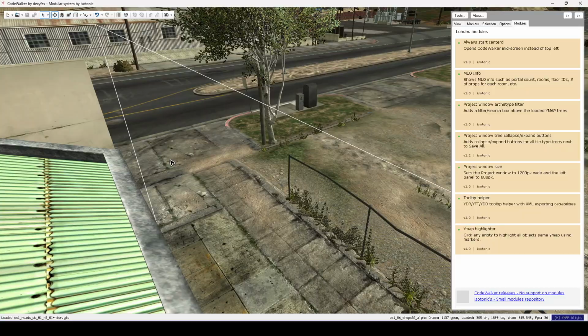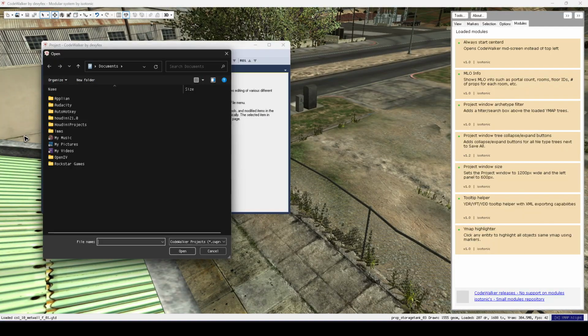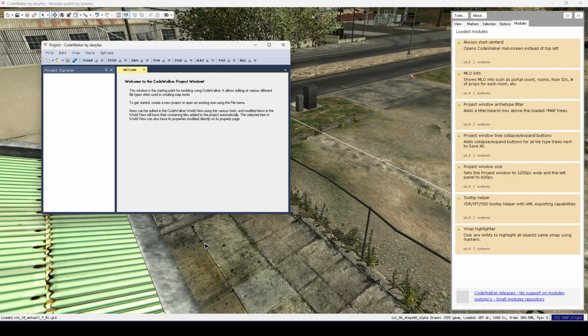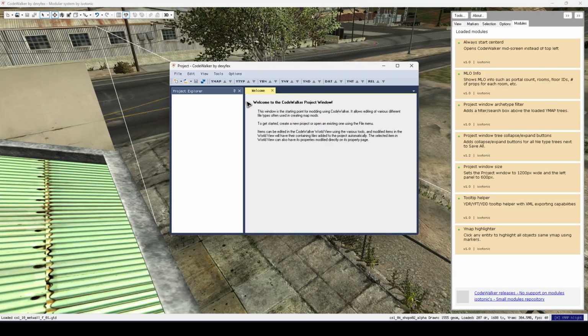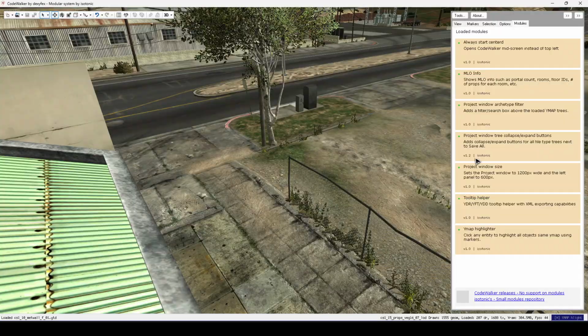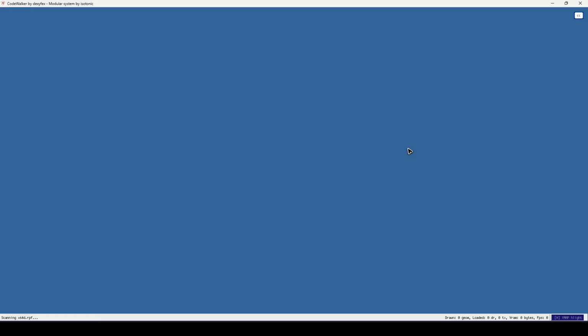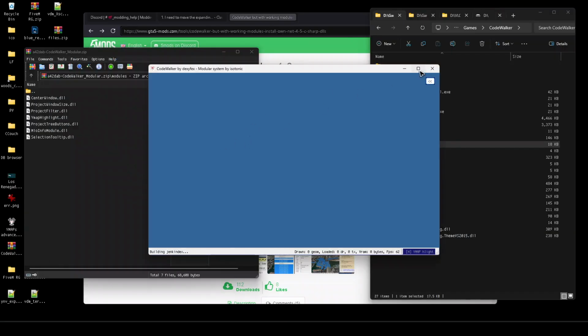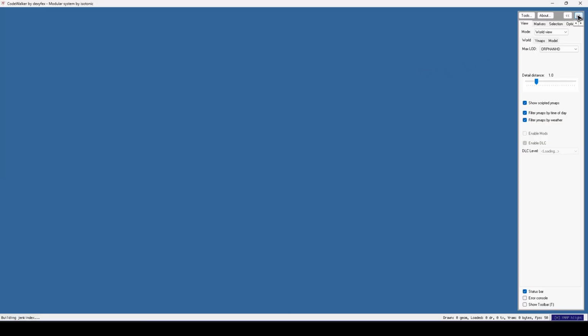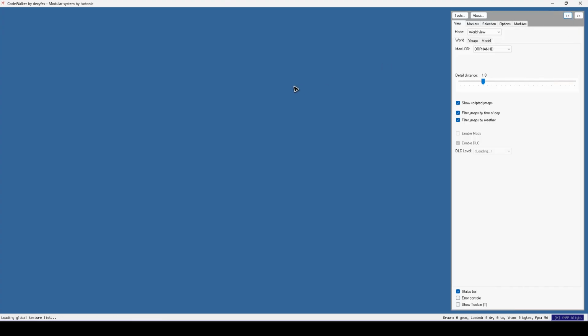All right. When you open the project window, okay, this is weird. It's supposed to be in the center. Probably if I restart CodeWalker, 1 second. Yes, and that's right smack in the middle. If I open the project window, at the moment it's available to me, you will see that the left side